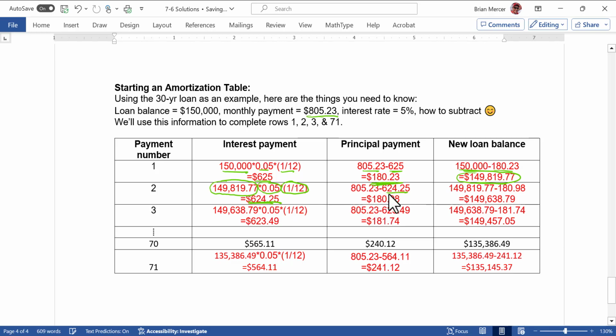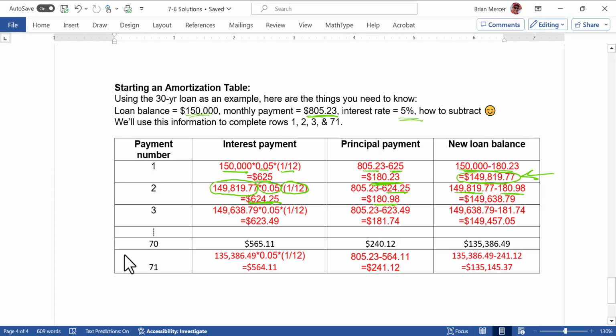You take that interest away from your payment to get the amount that went toward principal, and then you subtract that amount away from that previous balance on this line. And then you just repeat that cycle. And so really it's just a matter of understanding that if you started with a loan balance and you calculated the payment based on this interest rate and the other pertinent facts, then it's really just subtraction over and over and over again. And that's even true, and Alex does this to you,